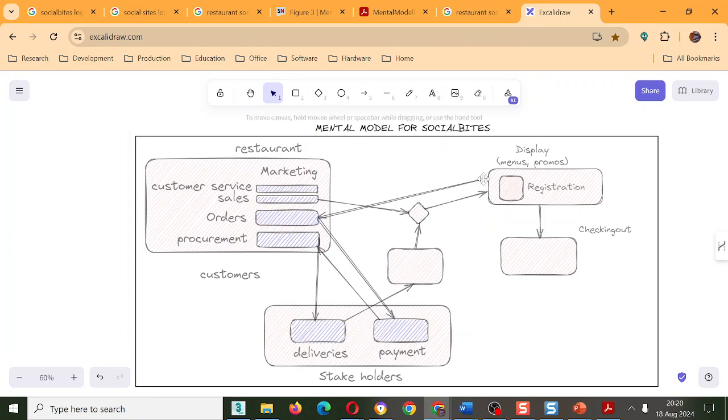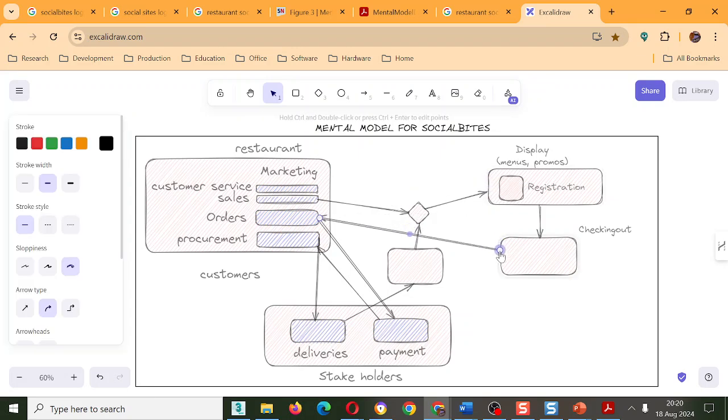So this is not going to be here. This one will be here. The order goes to the company once you've checked. Well, you have to pay first. So you go from here to payment. From payment then to orders. So we need an arrow to orders, like that.